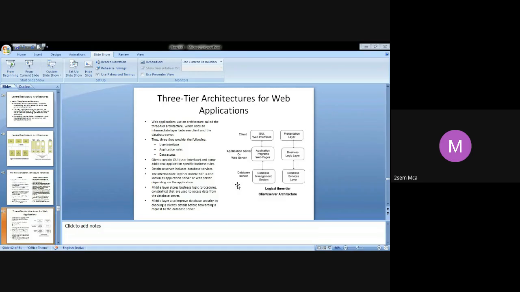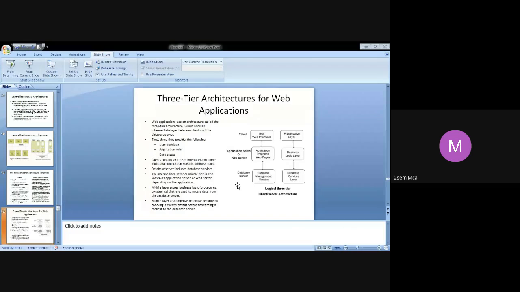Many web applications use an architecture called 3-tier architecture. 3-tier means you are going to have an intermediate layer between the client and the server. This intermediate layer, or the middle tier, is sometimes called an application server, or a web server, depending on the application. If you're using it only for the web, then you call it a web server, or in general an application server.